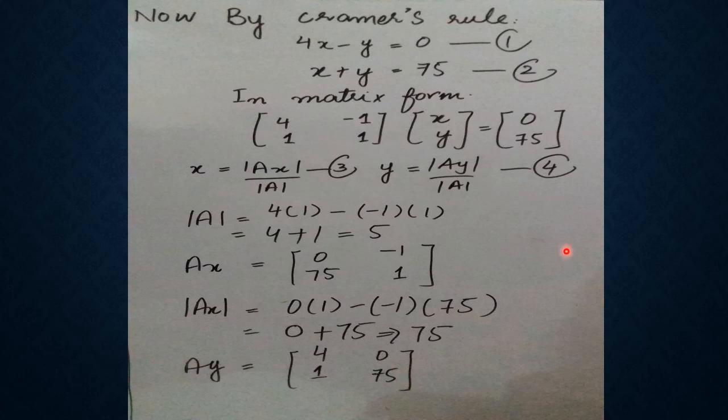Now solve this by Cramer's rule. Here we have two linear equations. In the first step, we will write these equations in matrix form. So x is equal to determinant of Ax divided by determinant of A. You know that in Ax,